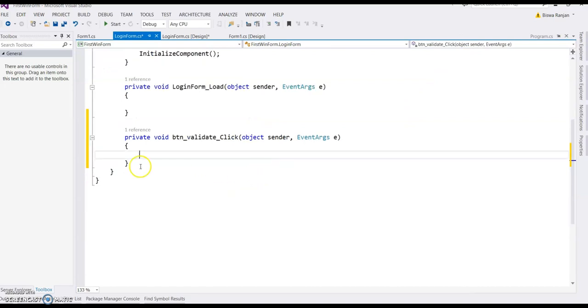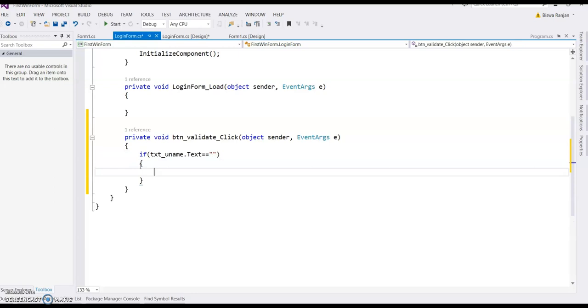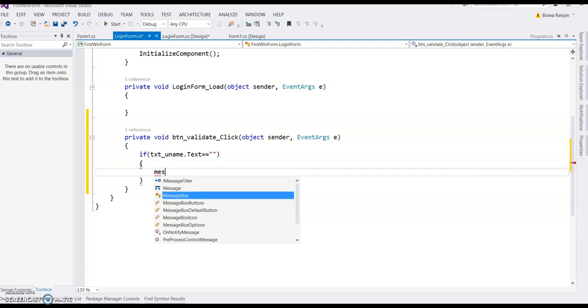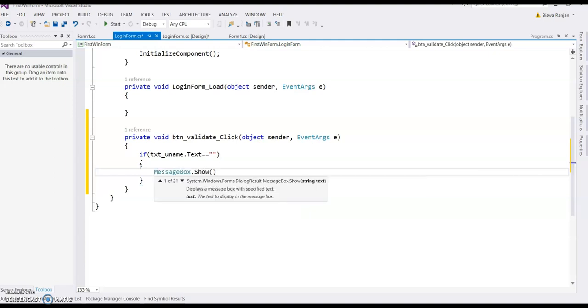So you can see if txt username dot text equal to blank, then how to show a message in Windows Form, there is an inbuilt method, MessageBox dot Show. It will take a string argument.